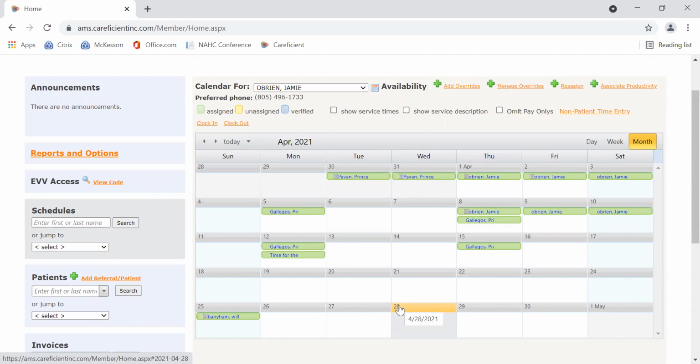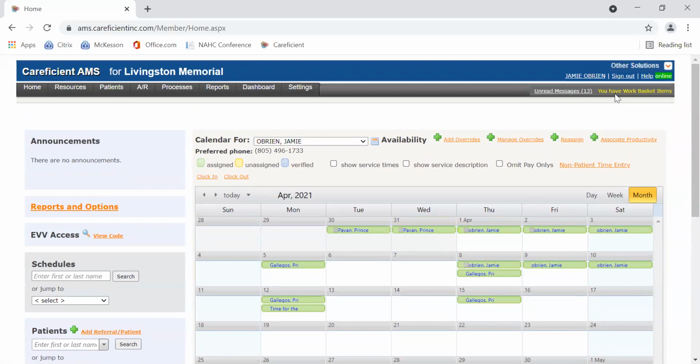If you are doing your service note and you got it to an approved status, the service note won't let you go back in there unless it gets into an incomplete status. So if you need that, like you think, oh, I wish I remembered to do that or add that, you can call a supervisor or Leslie or me, and we can unlock. Oh yeah, that's a good idea. Leslie, you start signing in as you. And we can mark your service note as incomplete, and that will make it so you can then go in and make some edits to it if you need to before you get your